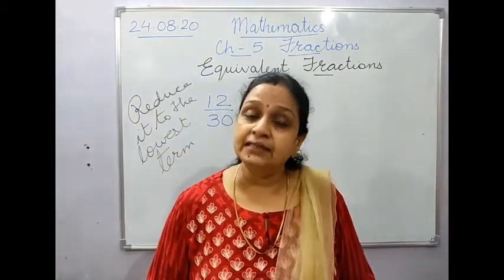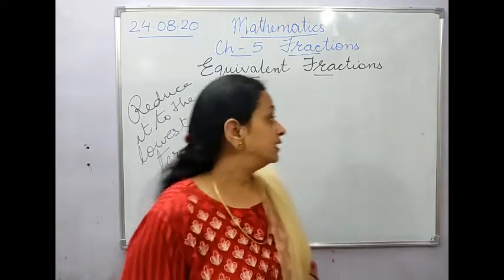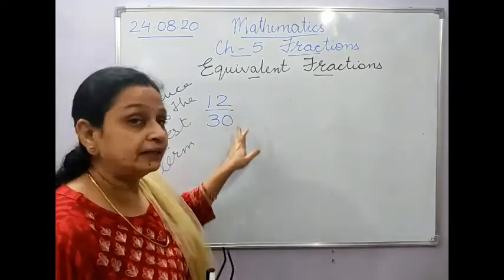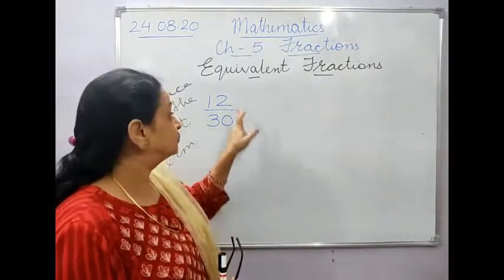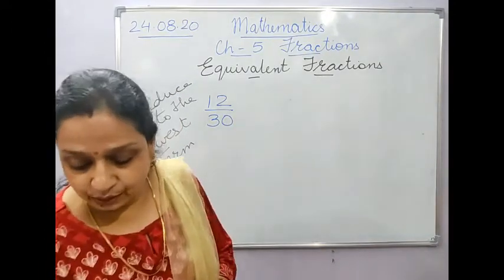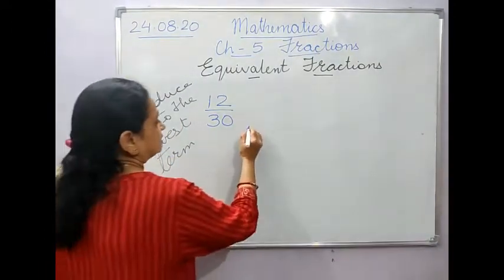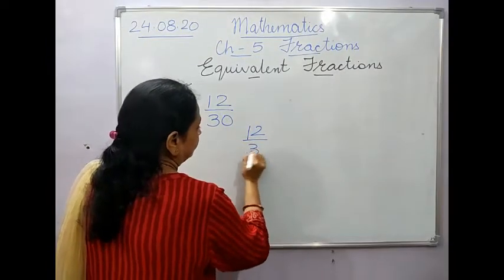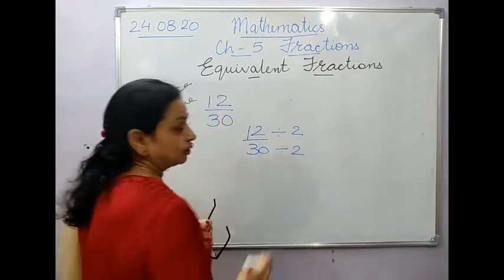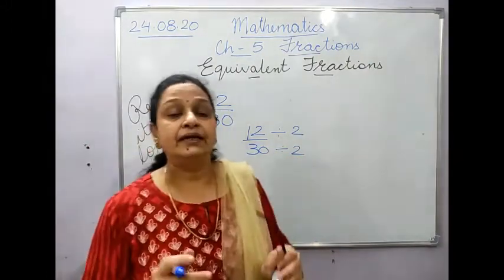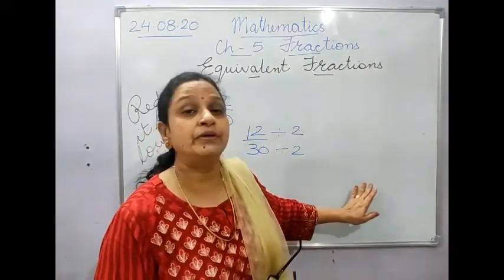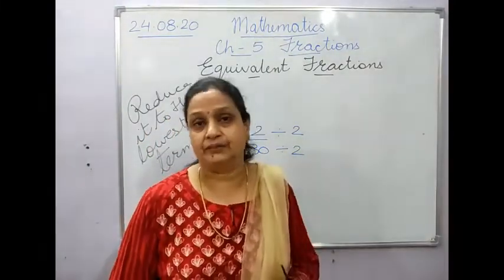The other simplest way by which you can do is, you know that both are even numbers. That means both come in table of 2. That means both of them can be divided by 2. So we will do that only. I'll write it again. Divided by 2, divided by 2. Now we will keep dividing till we get a fraction which cannot be further divided by a single number.